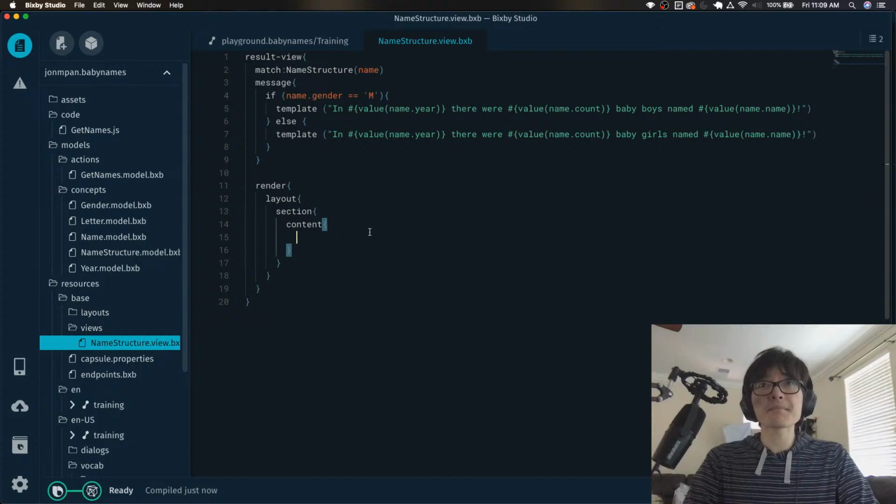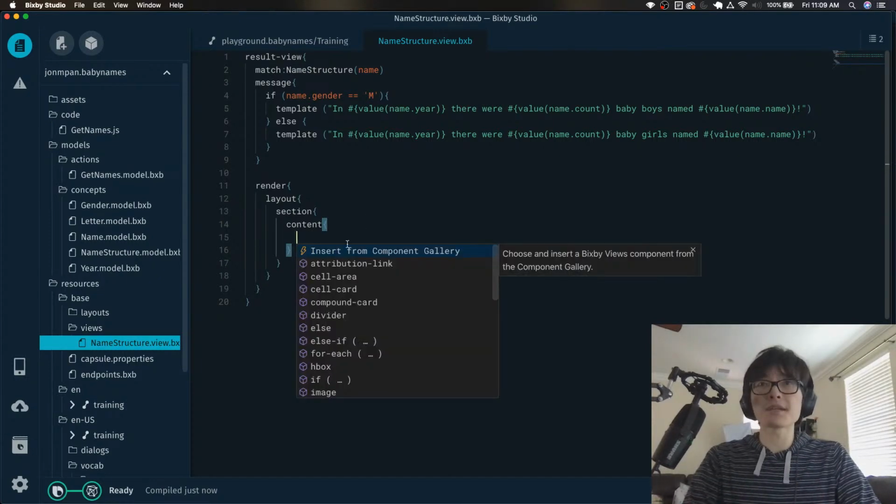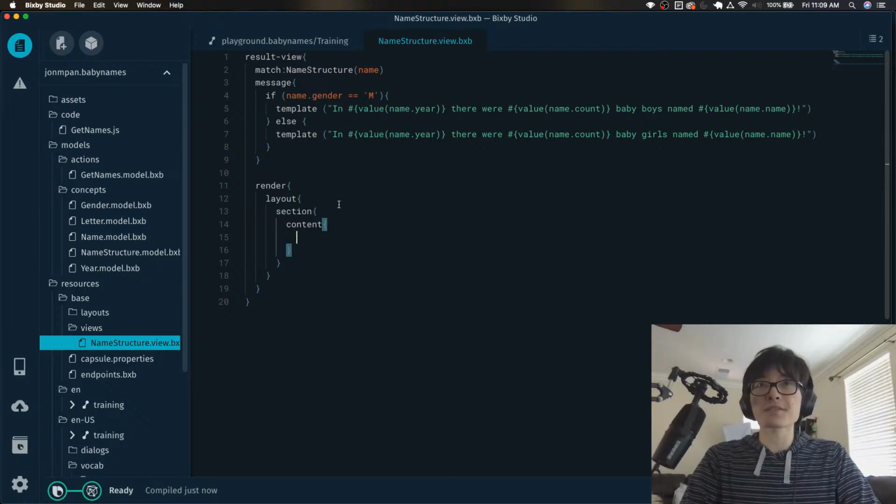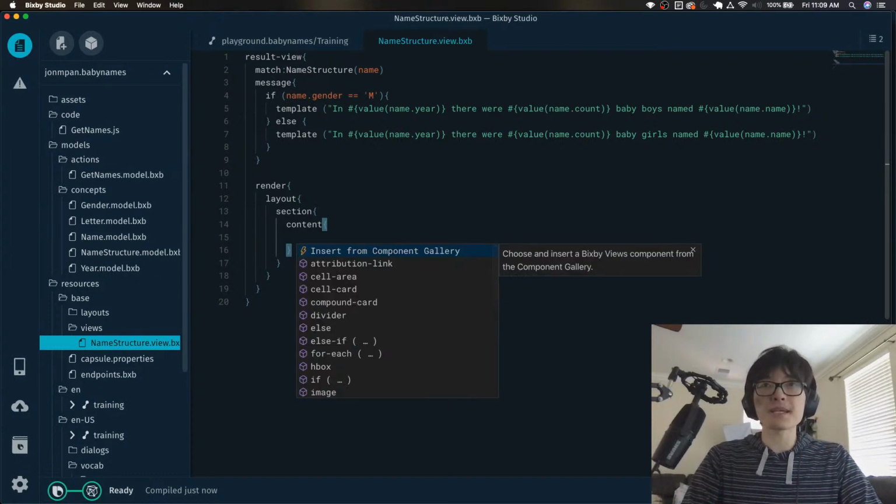And in case you didn't know, you can use autofill at a certain point in a file, like a Bixby file, and then it will show you a lot of your options for popping something in to the proper section, right? So in this case, we're in the content block. And by pressing Control Space, you can pop up the autofill. And today we will be using the insert from component gallery,